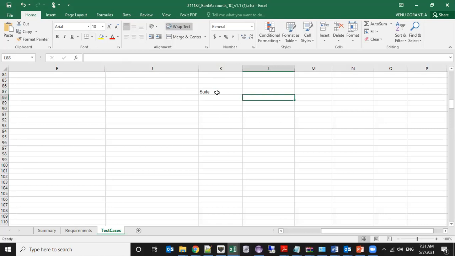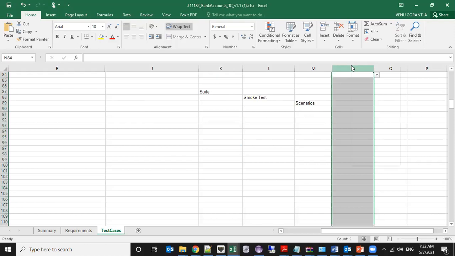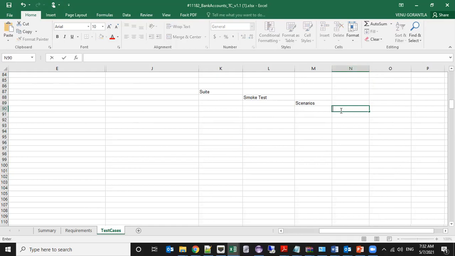Then we had the smoke test, a testing type which will have some scenarios and test cases.